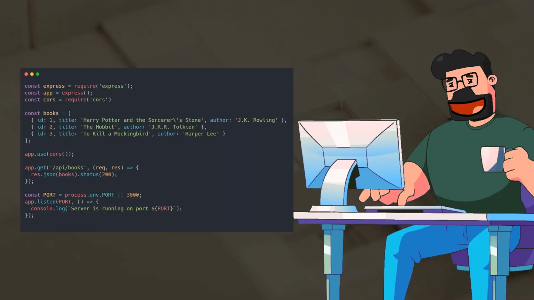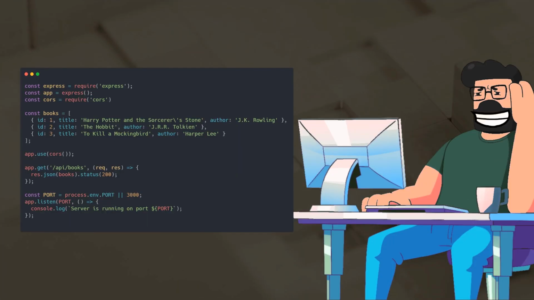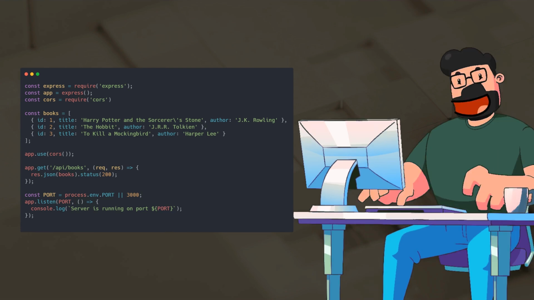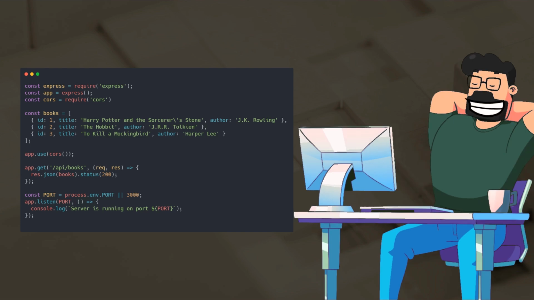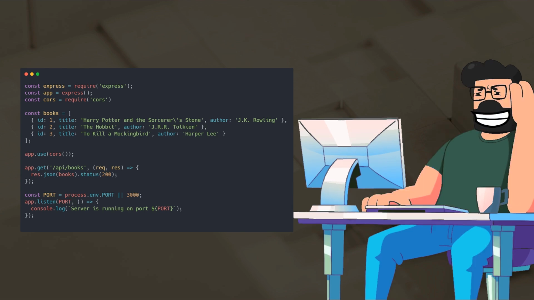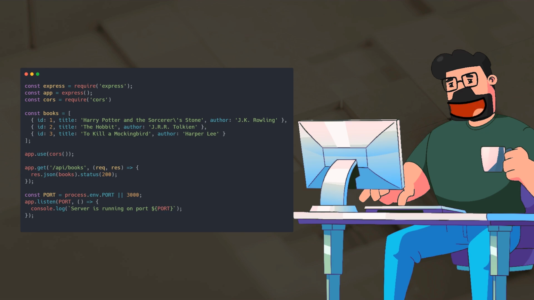Moving on to the next step of our solution, we need to update our Express server code to incorporate the CORS package. By including the required middleware and configuring it properly, we can enable CORS support for our API. The provided code snippet demonstrates how to set up CORS in your Express application and handle GET requests for a list of books. With these adjustments in place, you'll be able to securely access resources from your server without encountering